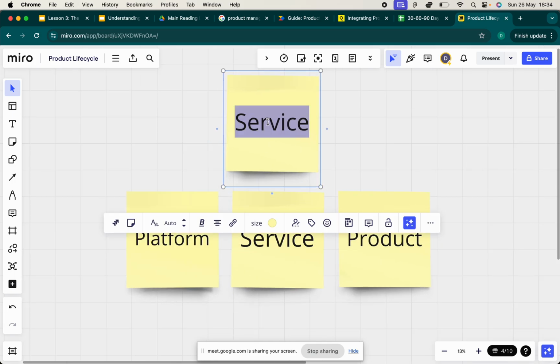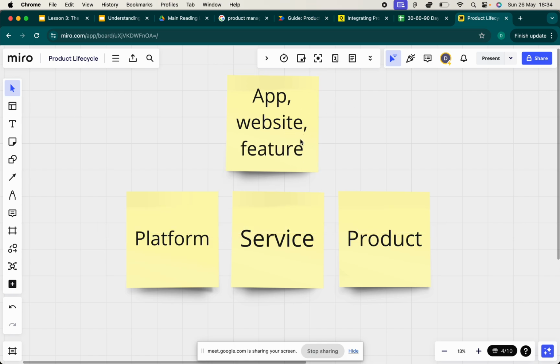This can be an app, a website, or it could be a feature. So a feature is something like making a call on Facebook. We all have WhatsApp, for example. A feature is sending a message. WhatsApp has that feature where you can send a message, and that's known as a feature, and that's also a product.